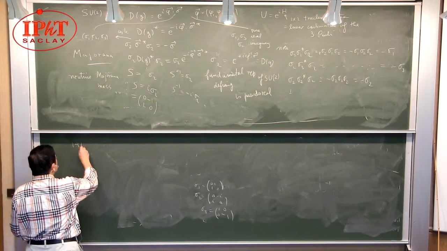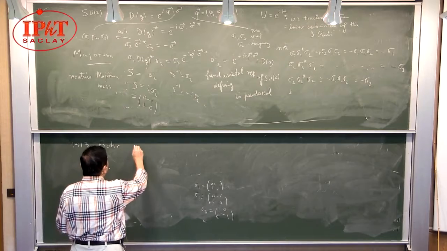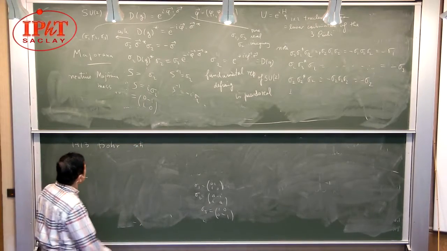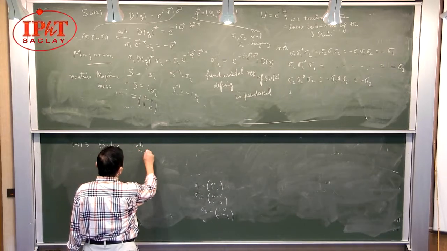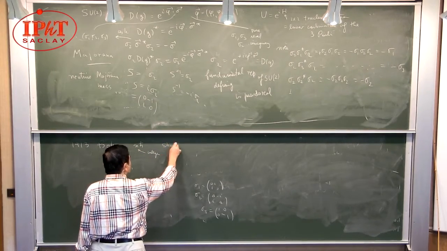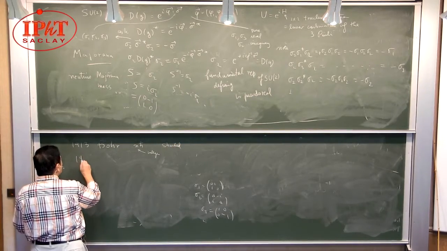So in 1913, as you know, Mr. Bohr said that angular momentum is quantized in terms of Planck's constant by some integer. And the physics community was really shocked. But in 1925,